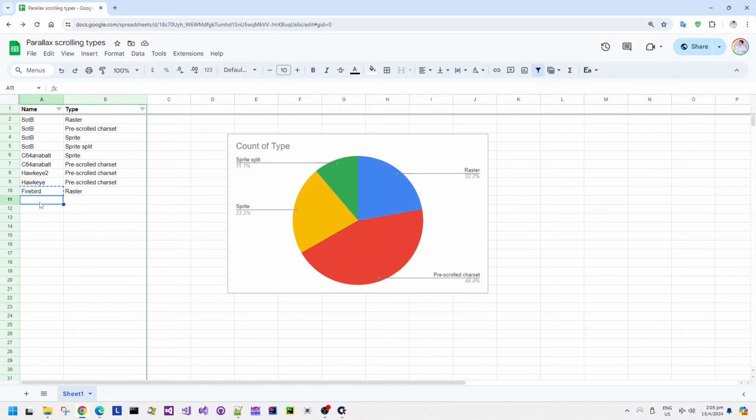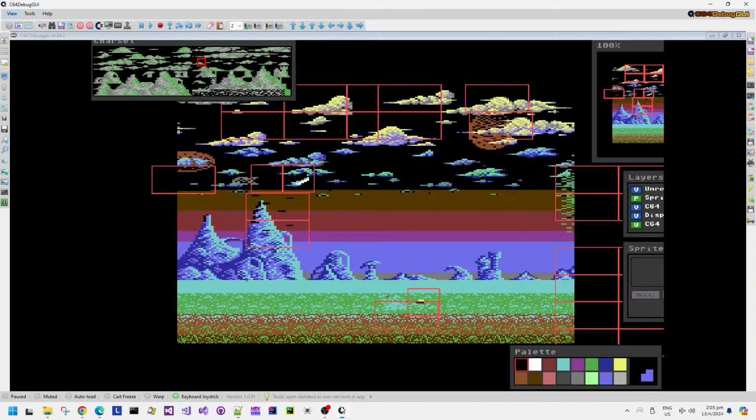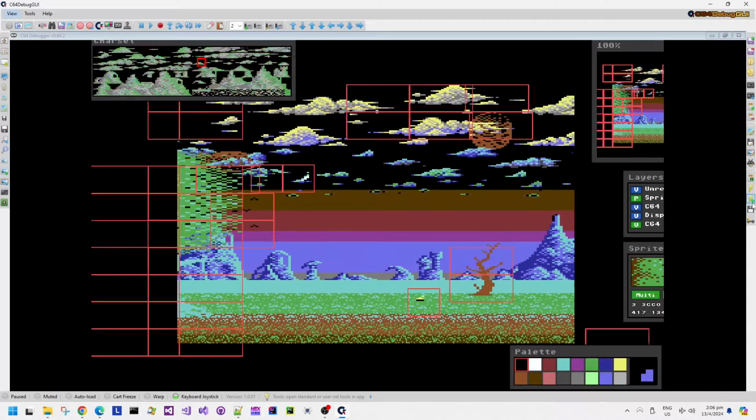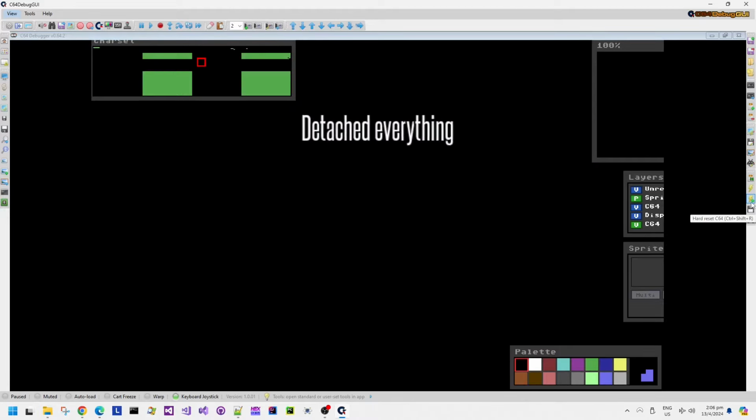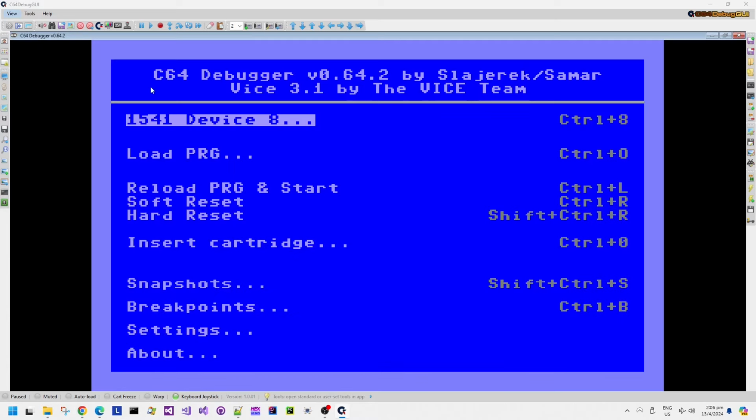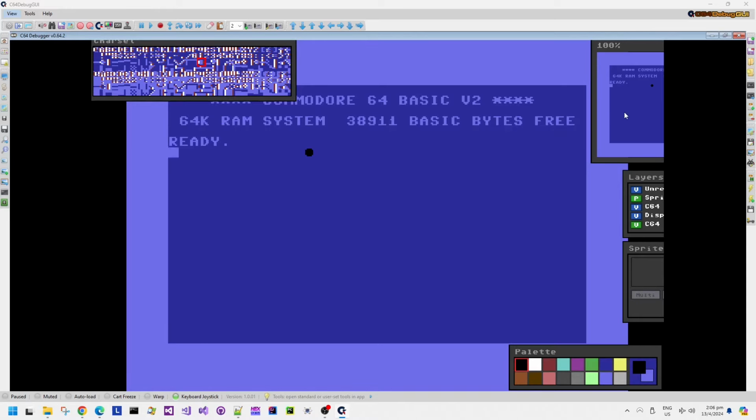So anyway, I think we can say safely for Firebird that it's using raster splits and also using multiplexed sprites for parallax scrolling layers. So that was Firebird. A really good implementation of parallax scrolling with expanded color resolution as well. It doesn't look so great in the emulated view, of course, with the alternating colors, but that's because the emulated view doesn't have the CRT persistence for its pixels